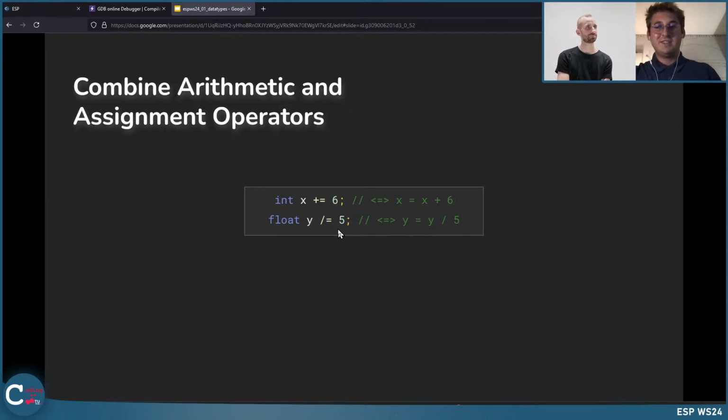One question here. We've just learned before that dividing two integers results in an integer, even if the result should or would be a float value. What happens here, if you divide y by 5, let's say? It's a very interesting question. It depends, but in this case it's also maybe not the best idea, because 5 would be an integer and you might get a bad result.